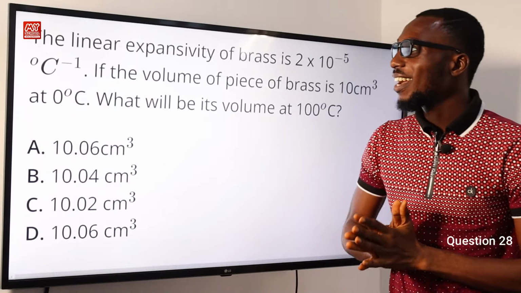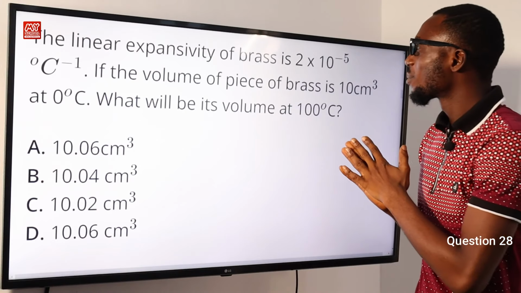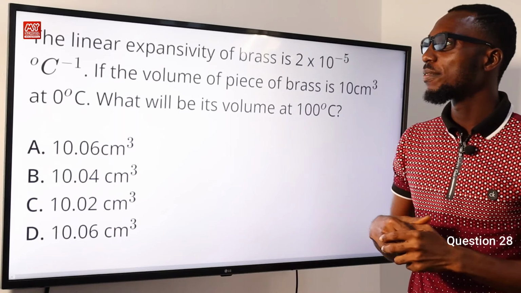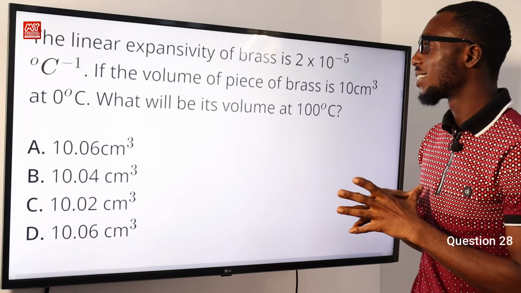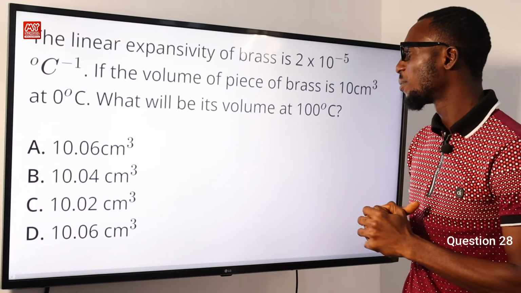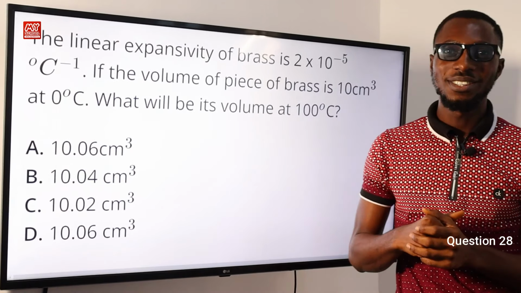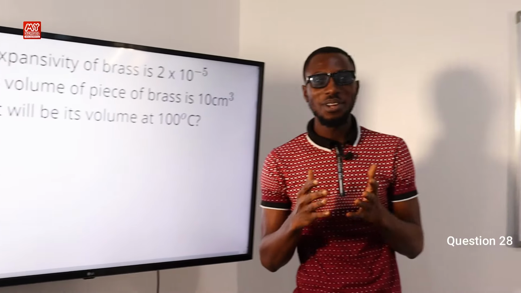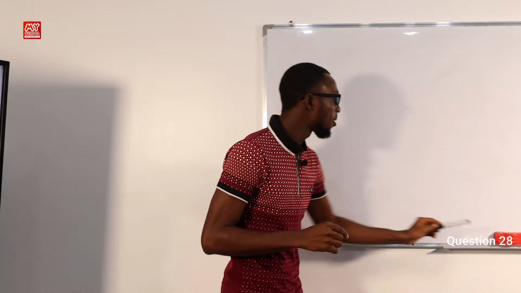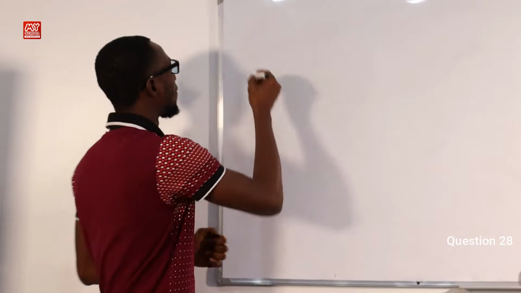28. The linear expansivity of brass is 2 times 10 raised to the power minus 5 per degree Celsius. If the volume of the piece of brass is 10 centimeter cube at 0 degrees Celsius, what would be its volume at 100 degrees Celsius? So this question should not trick you, because I believe you are a genius as well. So looking at this, you would have